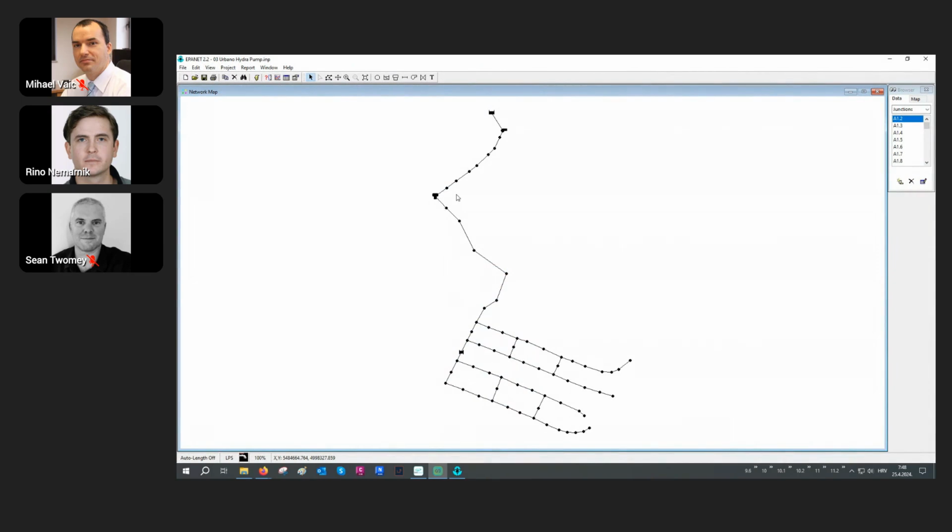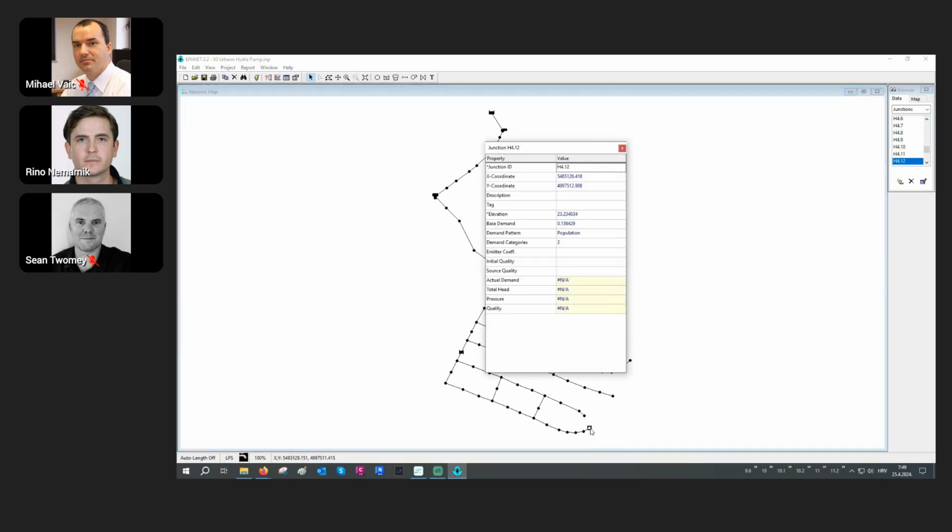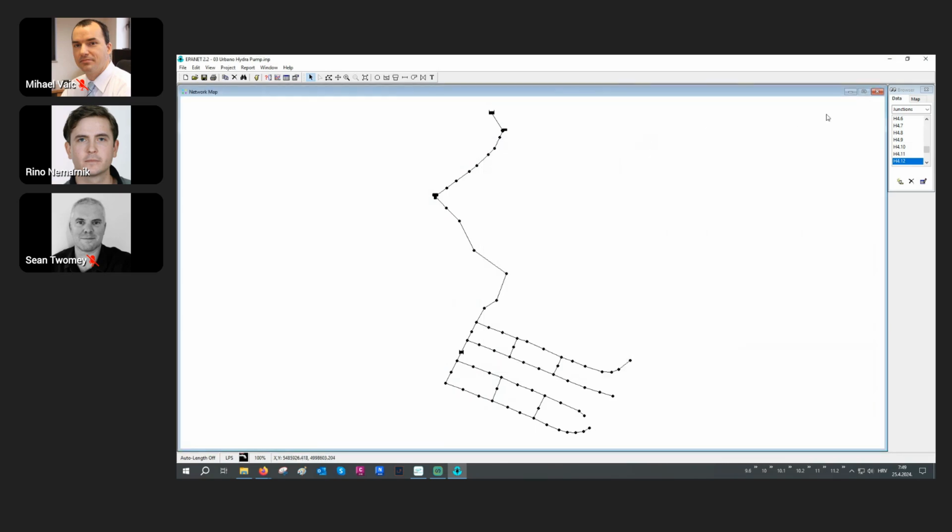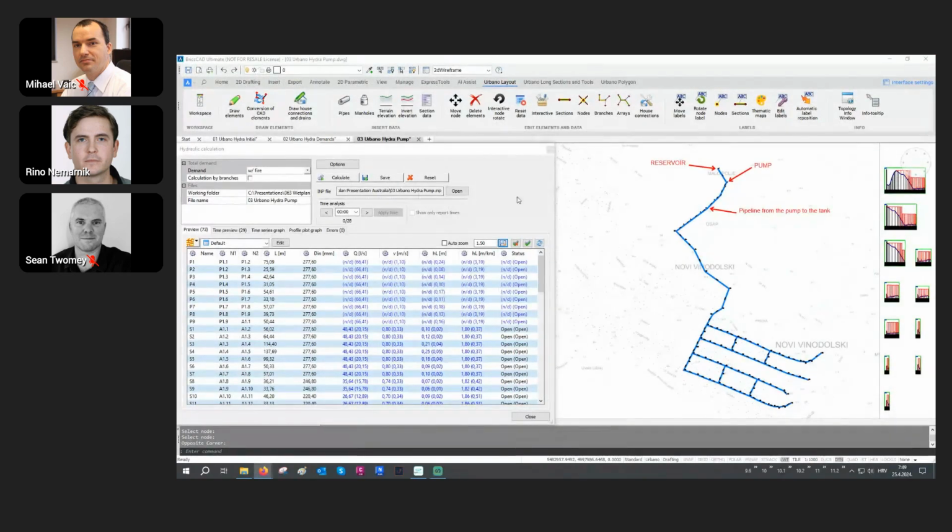You don't have to have EPANET installed on your computer at all, because the EPANET engine is already built into Wetplan software. But if you want, if you need, you can basically open it, and you have the same network here with all the data defined. So we can see these demand categories, base demands and time patterns, everything defined in the Wetplan. So like I said, I don't need EPANET at all, so I will close it, and I will save